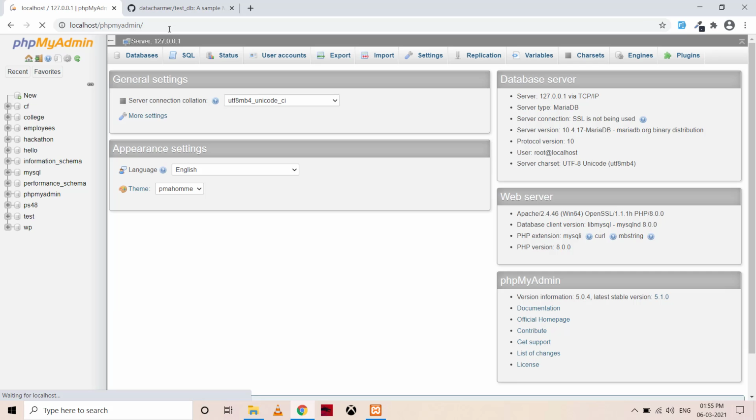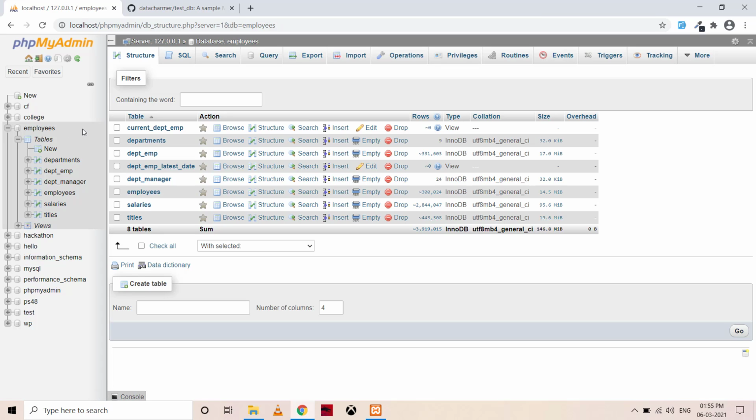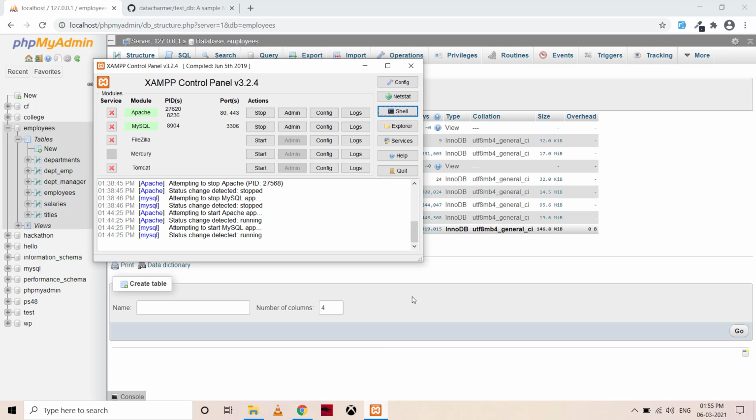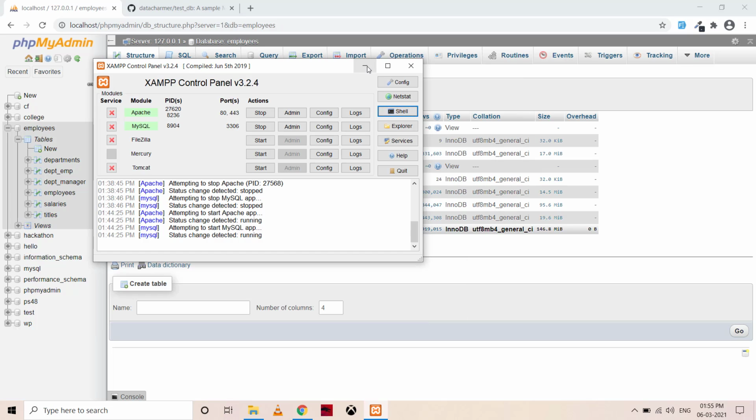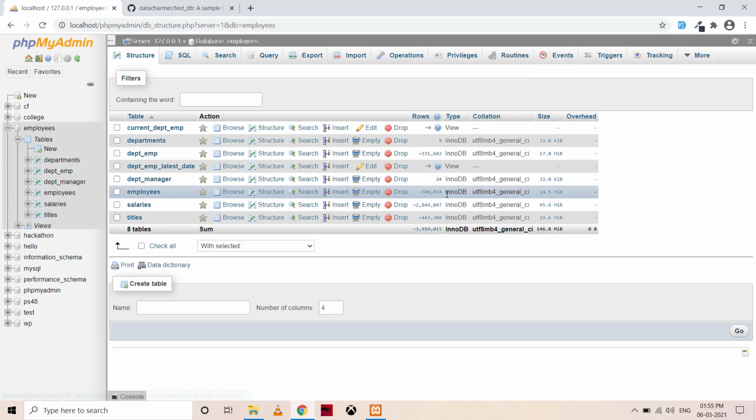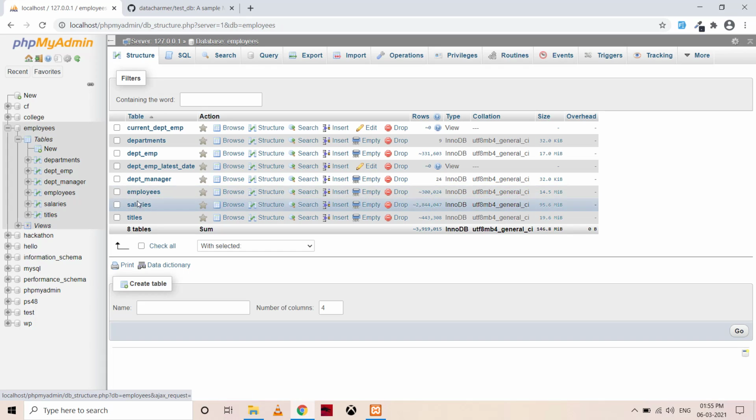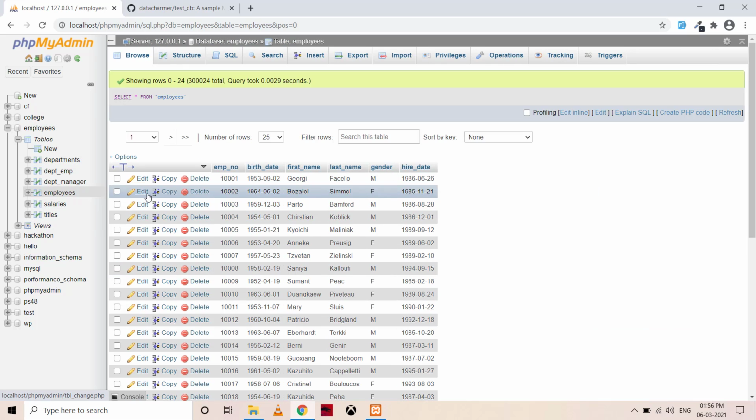We can close it. Go to your web browser, open PHPMyAdmin, and now here you will see the employees database. This is the database that I'll be using in this course to teach you SQL. As I told you, PHPMyAdmin is a web-based GUI interface that you can use to manage your databases. But currently you saw that we made use of the shell window to import the database into MySQL, because the database is huge. Here you can see the number of rows in each of the database tables. These are the database tables. Like, I'll open the employees table. Here you can see it contains more than 300,000 rows.